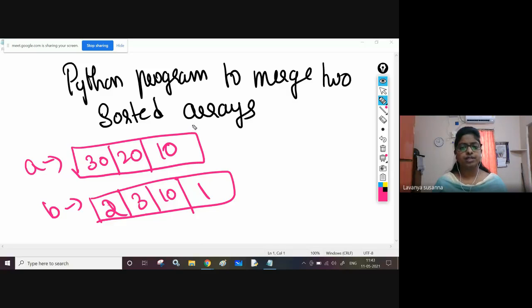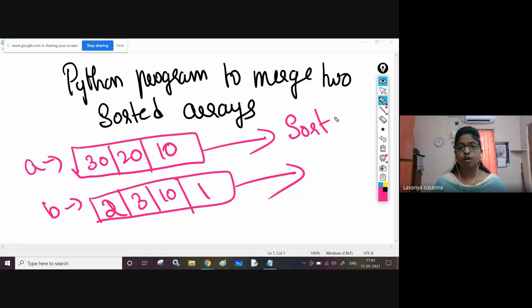Now, what is the problem statement? You need to concatenate or merge or combine two sorted arrays. That means you need to sort array A and you need to sort array B and then you need to combine, merge. So, it is very easy. In NumPy array, there is a function, right?